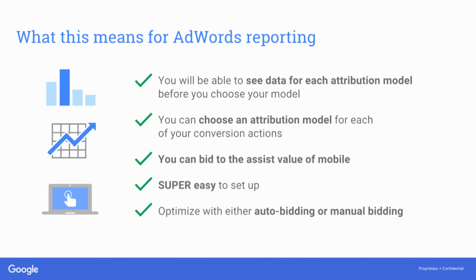So a couple things to note. One, it's very easy to see the data of an attribution model before you choose. So we can use the attribution modeling tool to compare how conversion numbers change moving from last click to position based. And then when it comes to selecting a model, very simply, you choose an attribution model per conversion type. If you go into an actual conversion that you're tracking, you'll see in the conversion settings you can change from last click to position based, as an example, and then those numbers will change within the conversion column and more accurately reflect that value.